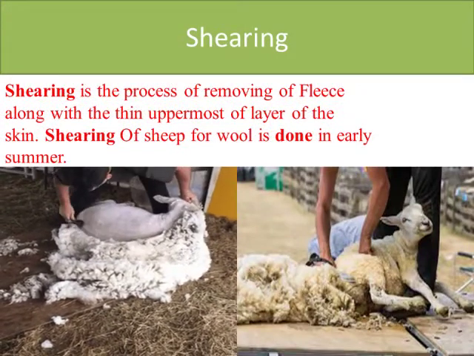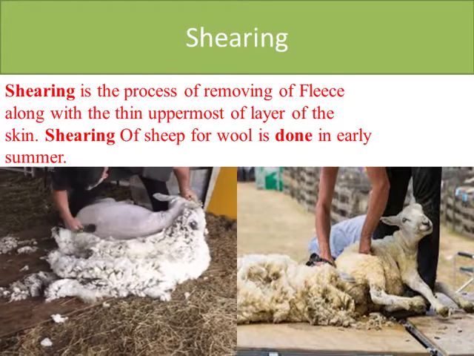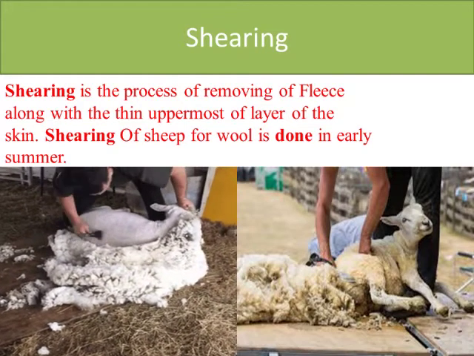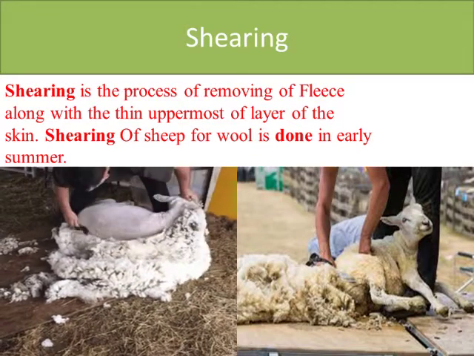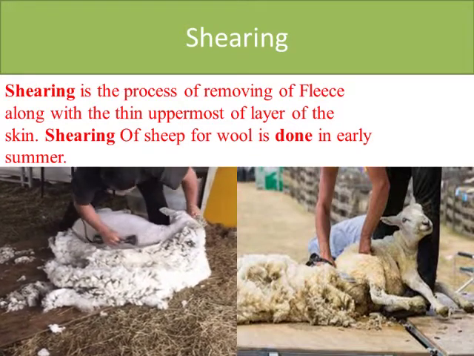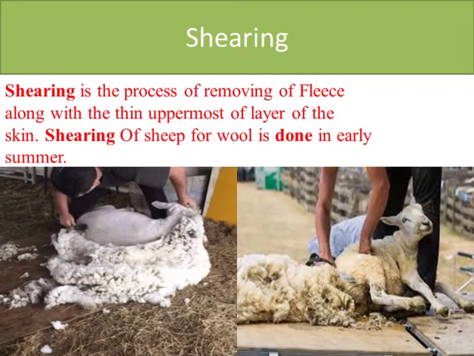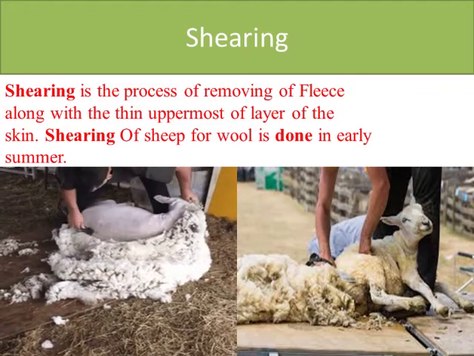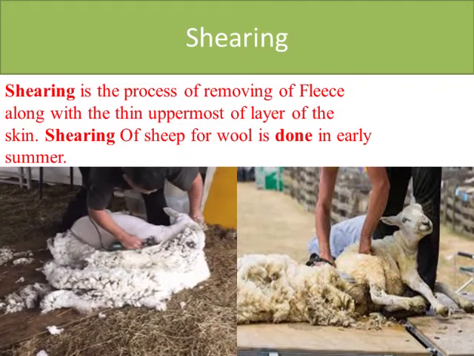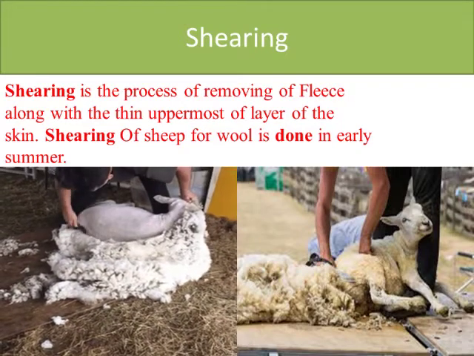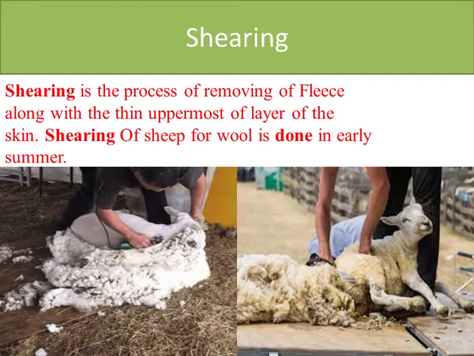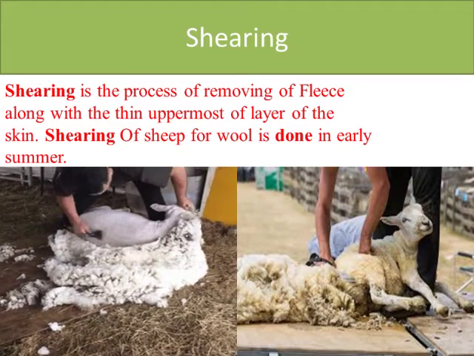Okay. The hair of the animals that we get wool from has to be passed through many stages, children, before it can be used to make a woolen garment. So let us study the process by which wool is obtained from sheep, one by one. Okay, the first step is shearing. As you can view in the image, what is shearing?